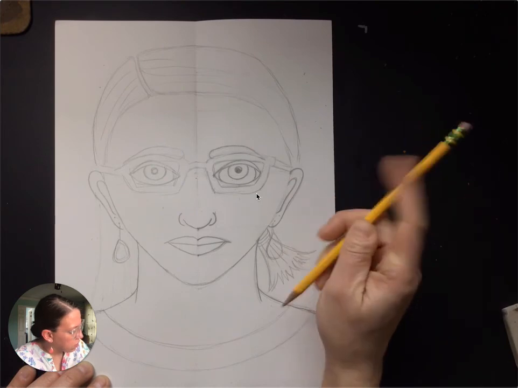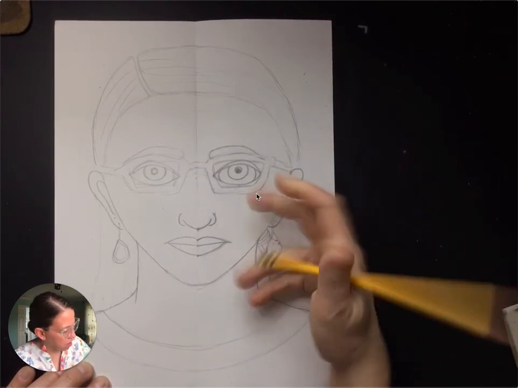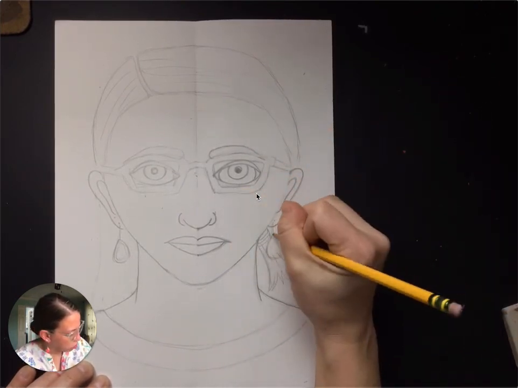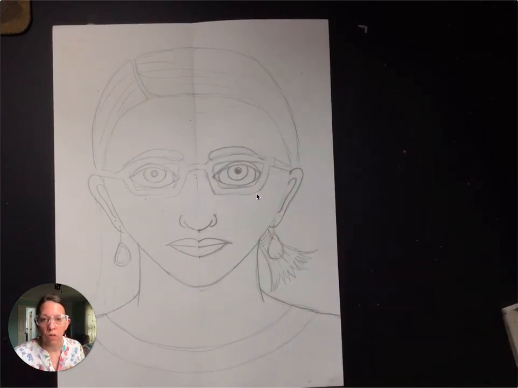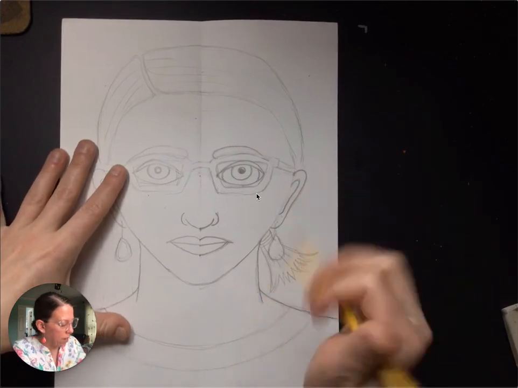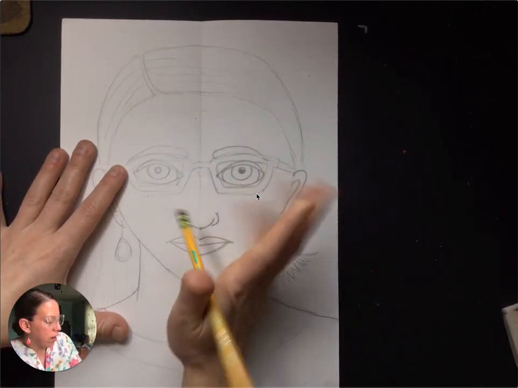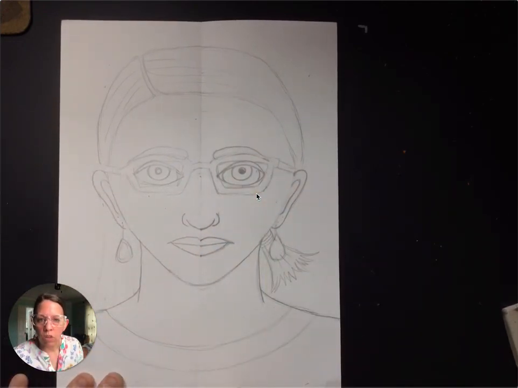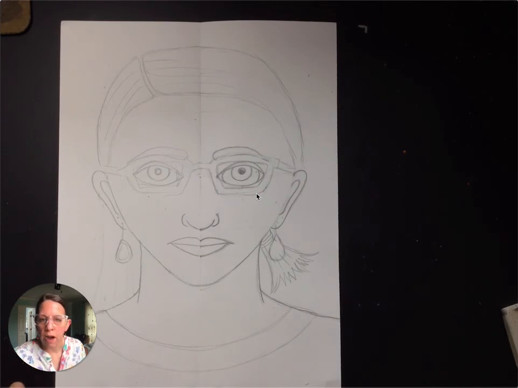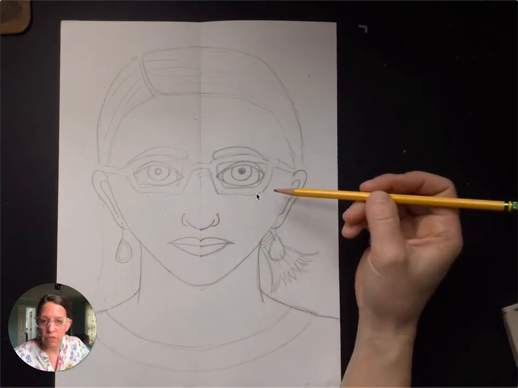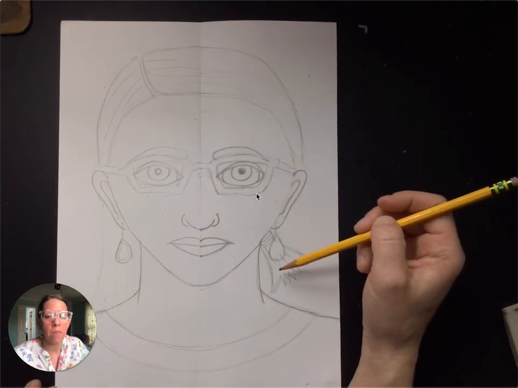So ladies, if you have earrings and you want to put them in, just make sure they're symmetrical, and you decide they're earrings that you actually own. It should all be things that go with you, right? Okay, and like I said before, do what you'd like to do with your clothing, and we'll figure it out from there. All right, so details today: hair, glasses if you've got them, earrings if you've got them, but focus